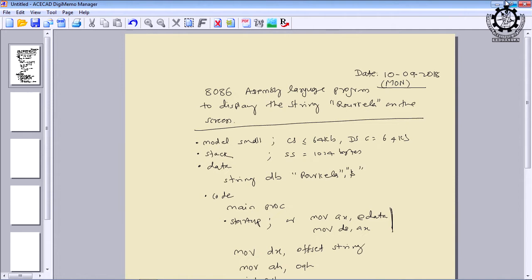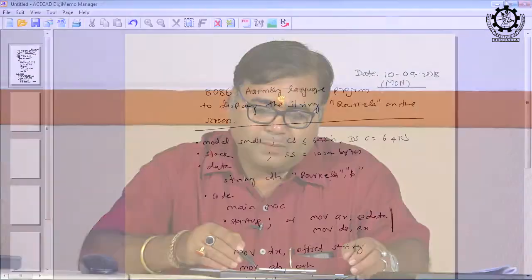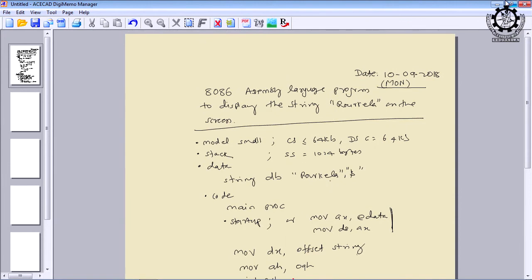Okay. So, then MOV DX, OFFSET string. What is OFFSET string? You will get Rourkela from this and it is loaded into DX. Now, whatever value is available in DX, that will be displayed on the screen. For that, you have to generate an interrupt, and they are called software interrupts or program level interrupts. They are not hardware interrupts, because these interrupts are generated while executing the program. And to generate the corresponding interrupt for displaying on the screen, the code is 09, and that 09 must be moved to only one register, that is AH. AH is an 8-bit register.